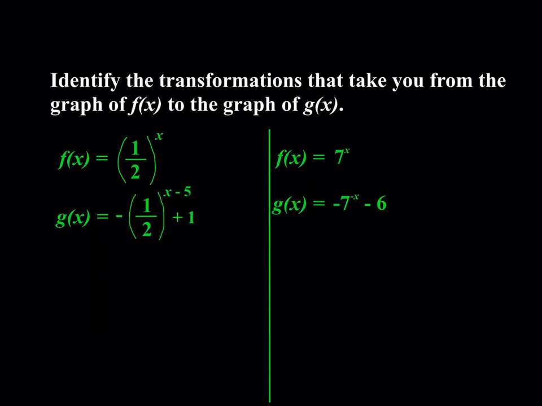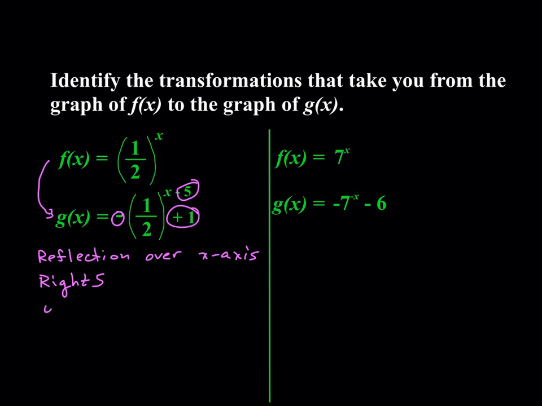All right, so now we're going to identify some transformations here. Going from f of x to g of x, we have the negative, which is a reflection over the x-axis. We have the minus 5 up here, which is a shift to the right 5. And then this is up